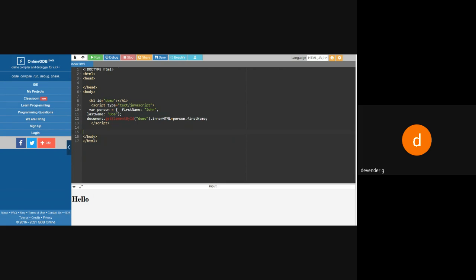Now we'll see whether John will be printed over here. So we got John printed. So we are linking that with the variable name followed by that particular element in that variable. This is how I can go in. So this is the advantage of the object.